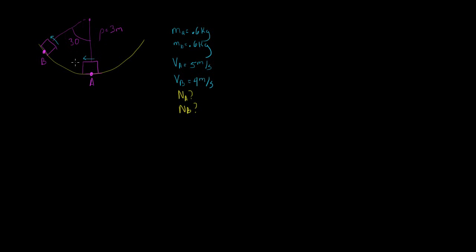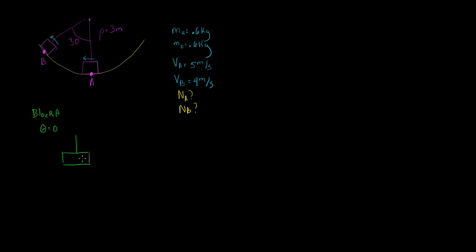I would like to look at both of these blocks, block A and block B, and determine what the normal force for each of these blocks are. Now, if we look at block A first, block A occurs when this theta is equal to 0. It's directly below this vertical line. So in block A, theta is equal to 0, and if we draw our free body diagram of block A,